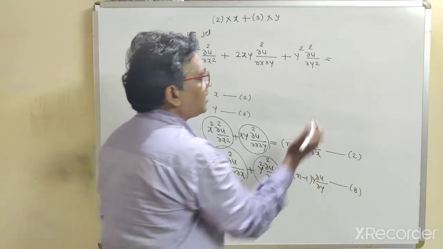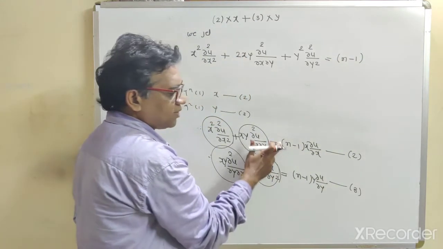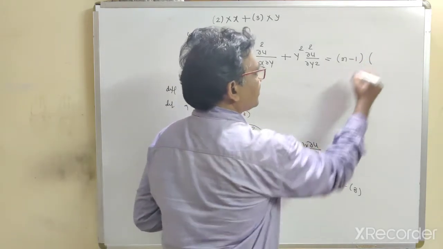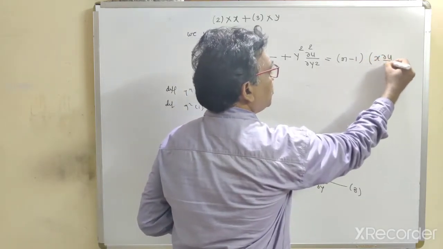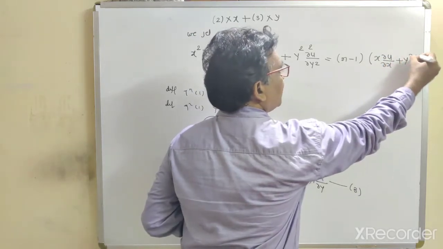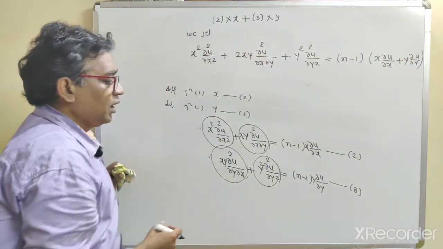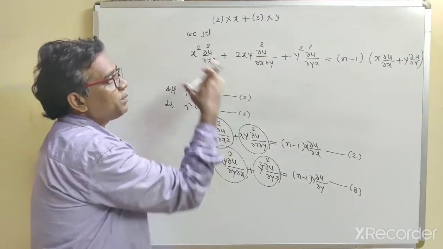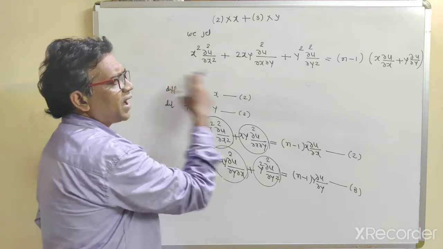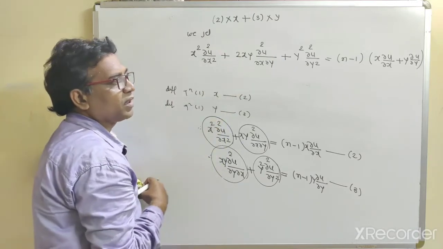Now this n minus 1, what is this right hand side? N minus 1, it is the common term. And what is the remaining term? This is x into del u by del x plus, this is the next term, y into del u by del y. So see, if you multiply second equation by x and if you multiply third equation by y, then just directly write down this left hand side. It is a bracket square type term.